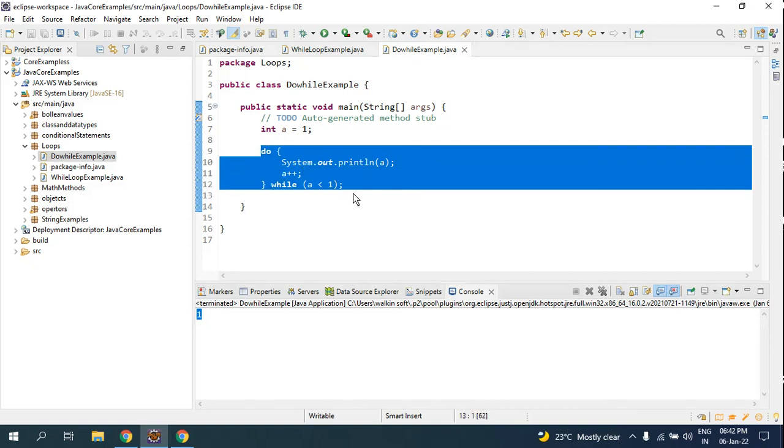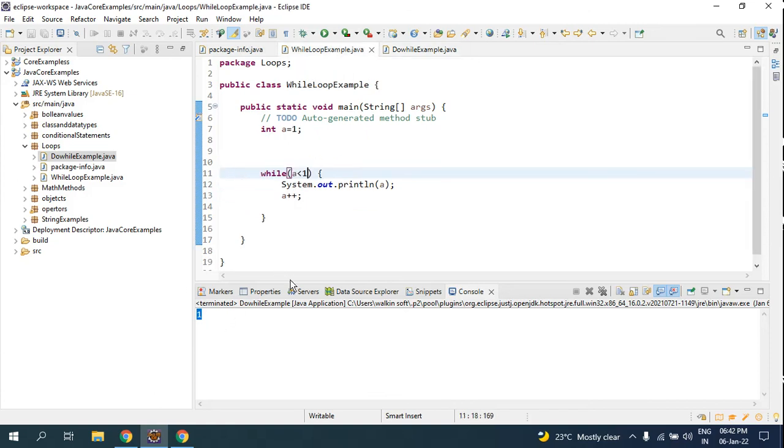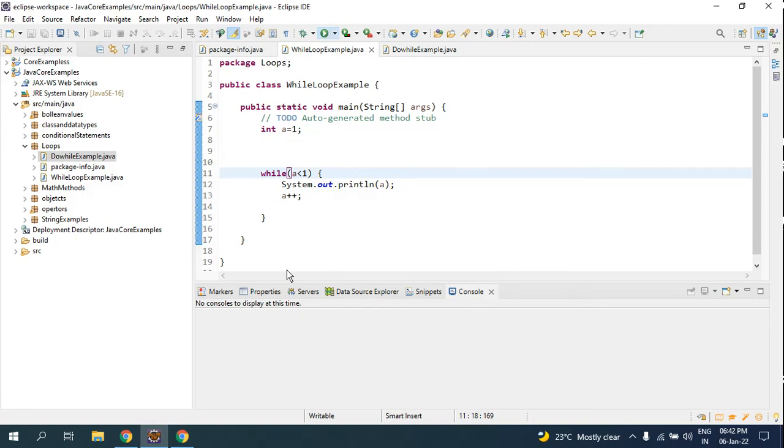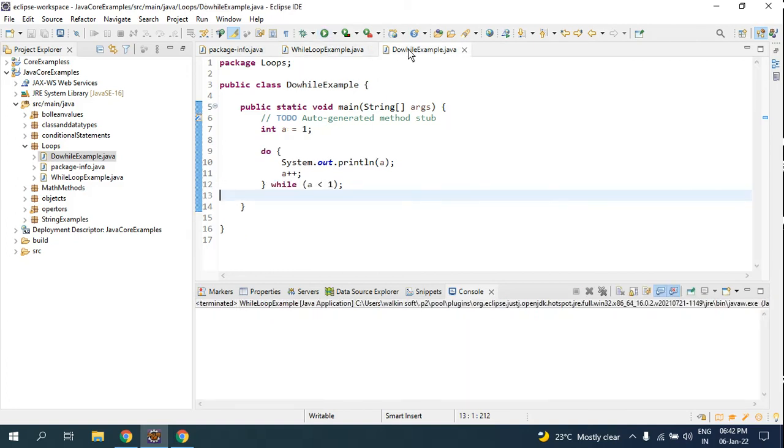So in lab exams or in the exams, if they ask for an example, practically you can show this example: you print out one value, whereas in the while loop you cannot print anything. Look, if I run this, no value is printed because the condition is checked and the condition is not met. It cannot show the elements looped after 1. Even the 1 cannot be shown. So this is the major difference between the while loop and the do while loop: in do while, execution is done first and the condition is checked later, and that is only for the first value. Suppose I make it 10, it keeps on running till 9.